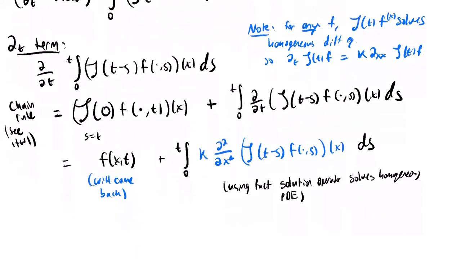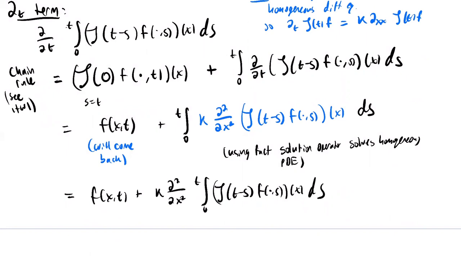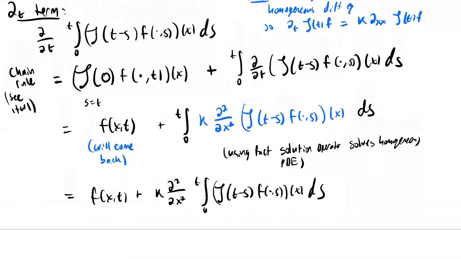And so what do I end up with? Well, I end up with f of x, t plus, I can bring out the derivative, so k times the second derivative with respect to x of this term. Now let me bring this integral over to the right-hand side. Notice I have this term over here, which is equal to this term over here. So if I subtract the second integral, I'm going to get the desired conclusion. So therefore,